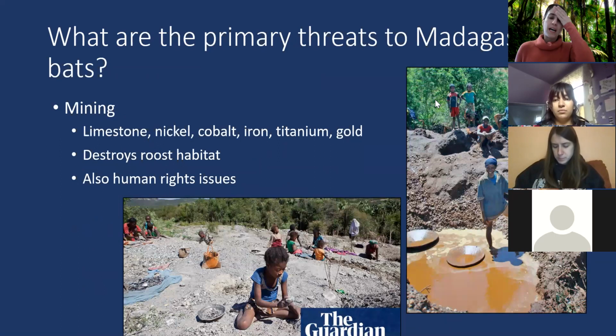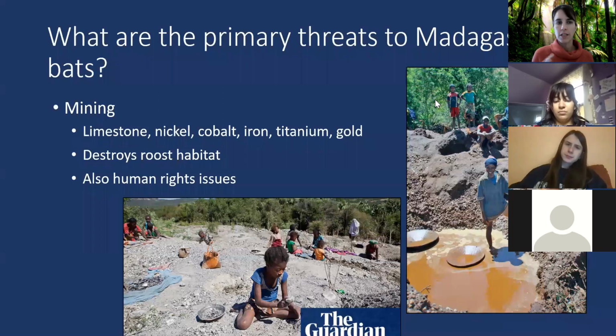So another threat to bats in Madagascar is mining. Mining is also in caves a lot of times, right? And so that's where bats roost and obviously it disturbs them. There's some large scale mining, like with a lot of equipment and vehicles happening in Madagascar, but there's a lot